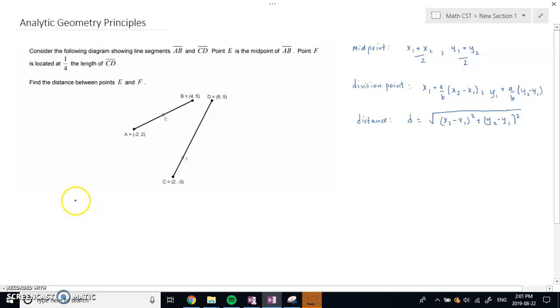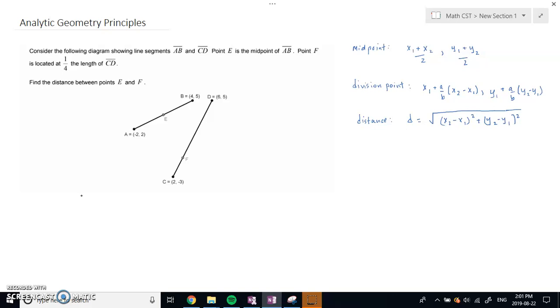Hi there. For this question, we're going to take into consideration all of our analytic geometry principles. A question like this incorporates several things that you should know from the CST mathematics course, including how to calculate the midpoint of a line, which is a location, a Cartesian point x and y, the division point, which is also a point on a line, but it's not in the middle, and the distance of a line, which is